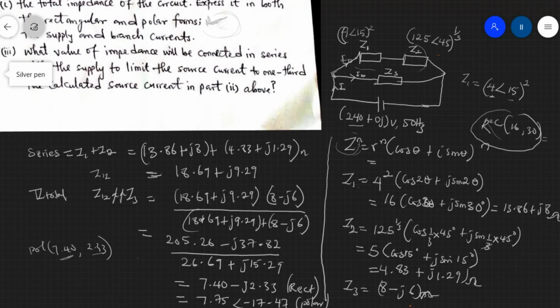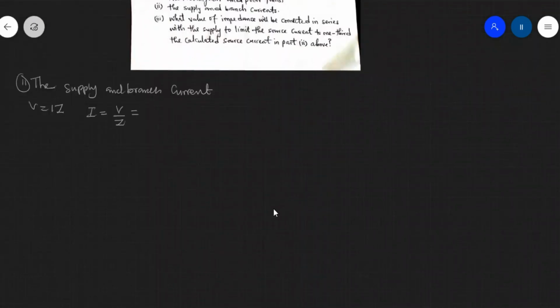Next, we want to define the current that flows through the supply and the branch currents. Very important. First of all, let's deal with the supply current. Supply current will be voltage, which we were already given as 240 plus j0 volts, over the total impedance. Let's leave it in rectangular form so it makes our work easier. So it will be